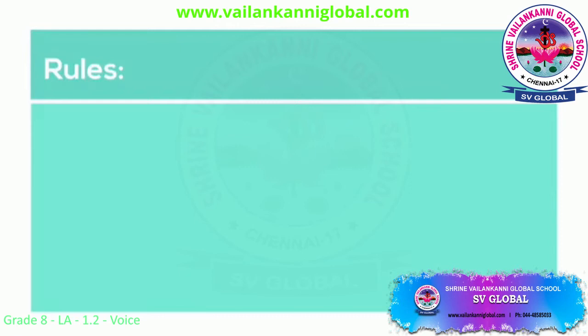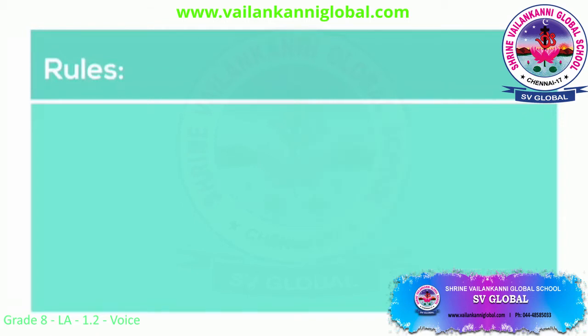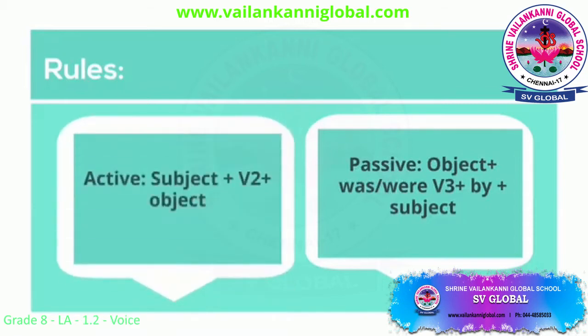On the other hand, the rules for changing into a passive voice statement. Again, we know the pattern of passive form: the object should be at the first place, followed by an auxiliary verb, and then every time we write a main action word, it should be in V3 form. Followed by that, we must add by, and then we must complete the statement with the subject of the active voice. So, here is the rule for changing active to passive or passive to active of a simple past tense positive statement.